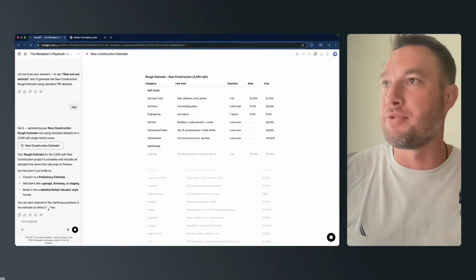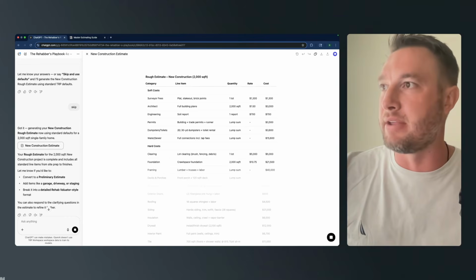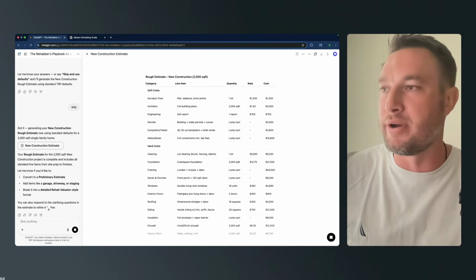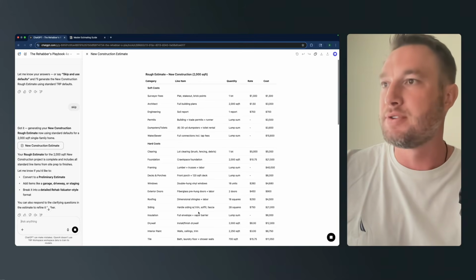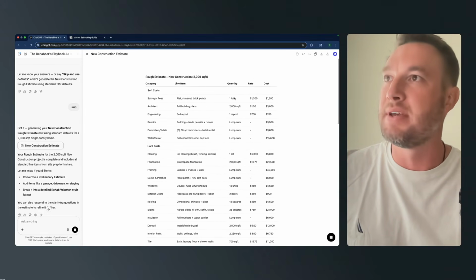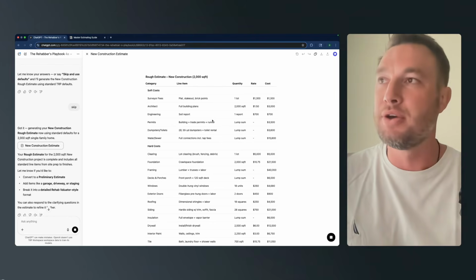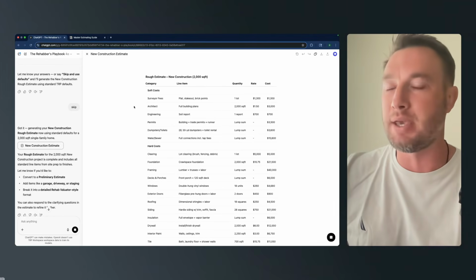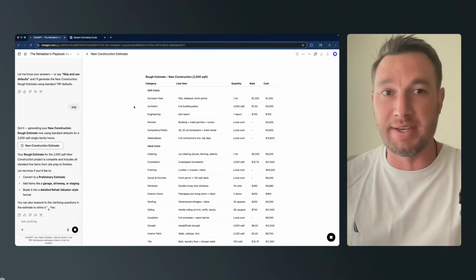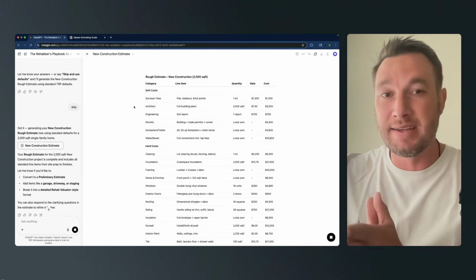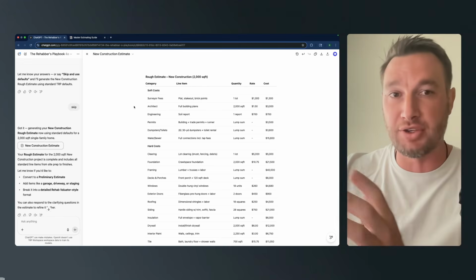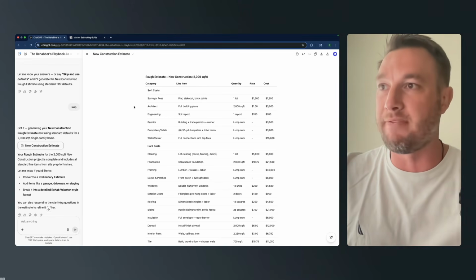So now it's going through quantity, rate, line item. It should be splitting it up even more, just to be honest with you. So there's some things I still need to work on, but it's still giving us now a quantity, rate, and cost, which is really important because everybody here knows I love Rehab Valuator. This is not replacing Rehab Valuator in my business. This is complementing it. So now I can take all this information and take it directly into Rehab Valuator because